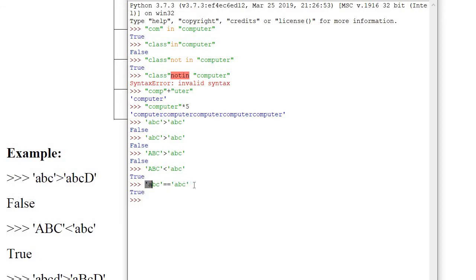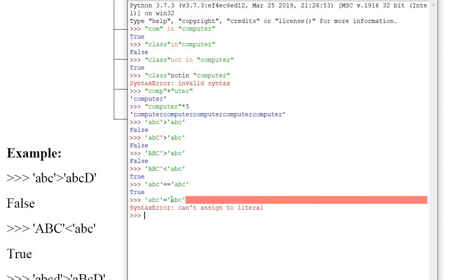See here, if you are comparing two things, always put double equals to, because double equals to acts as equals to, and single equals to is used for assigning a value to a variable.